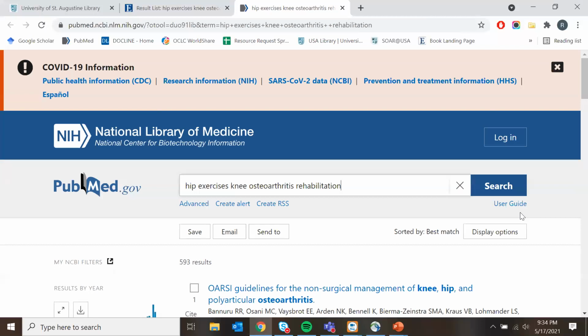It has the keyword search. You can search in Boolean operators. It finds all your terms. You can use limiters and filters and things like that. But some of these databases have more advanced tools that make it a lot easier to target the information you're looking for. PubMed, for instance, aside from